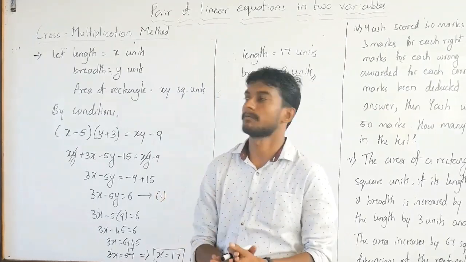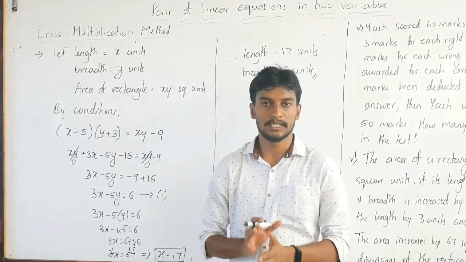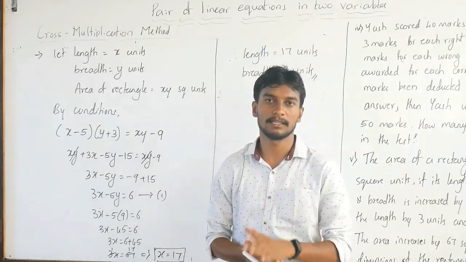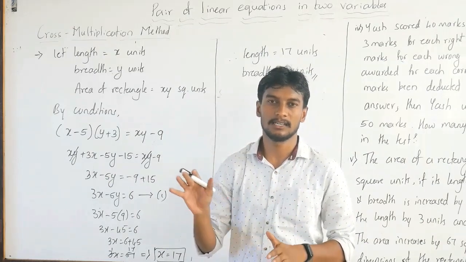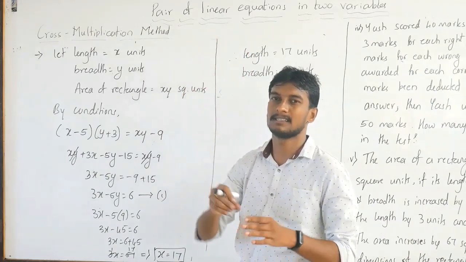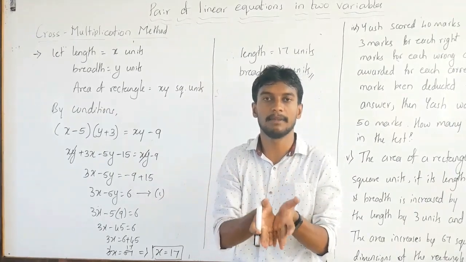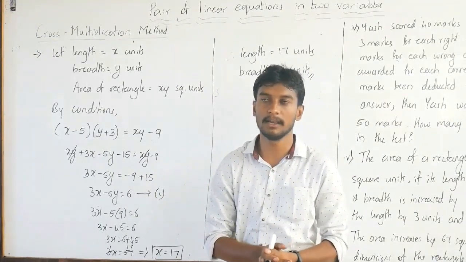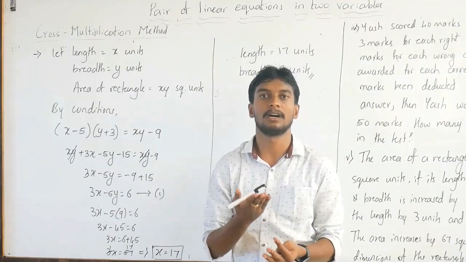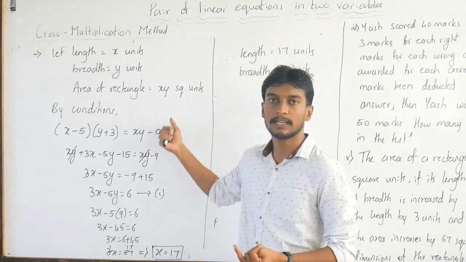In all these problems, making the equations is very important. In the next class, cross multiplication method is over now. We are left with only one, that is the reducible method. It is not a method which comes in the linear equations algebraic methods, but it is a method we follow. Reducible means first we have to reduce the equation and make it in the form of a linear equation in two variables, and afterwards you have to use any method, either the elimination method, cross multiplication method or substitution method, to get the values of x and y.